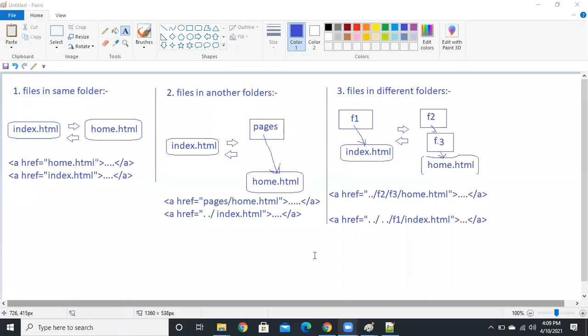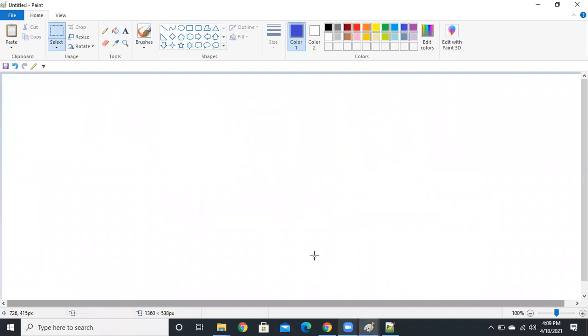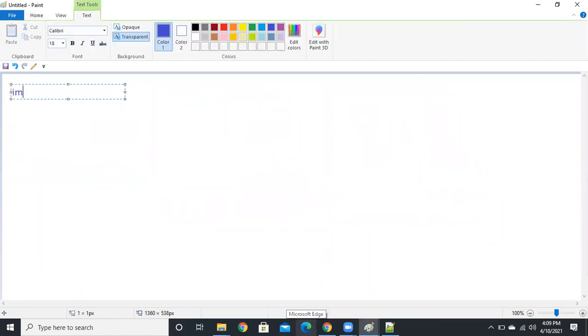Just wait, guys. The next element we are going to discuss is image.